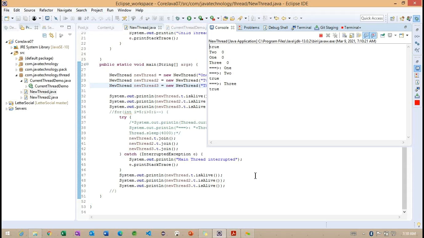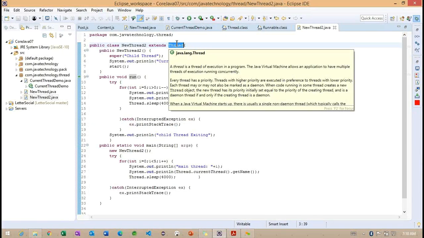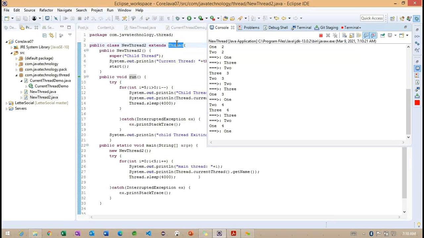Now the same output we are going to check with the Thread class. Observe here, this one is extending from the Thread class. The previous example we identified was extending from the Runnable interface. Now this is extending from the Thread class.